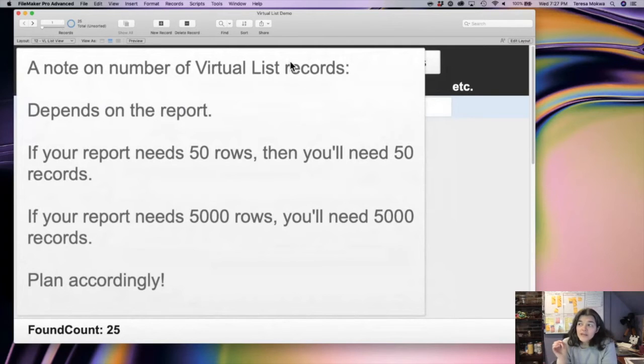So how many virtual list records you need depends on your reporting needs, right? If your report needs 50 rows, it's going to have 50 values top to bottom, then you need 50 records. If you need 5,000, you need 5,000 records. So just plan accordingly. And what you can do is build into your scripting, so it can know